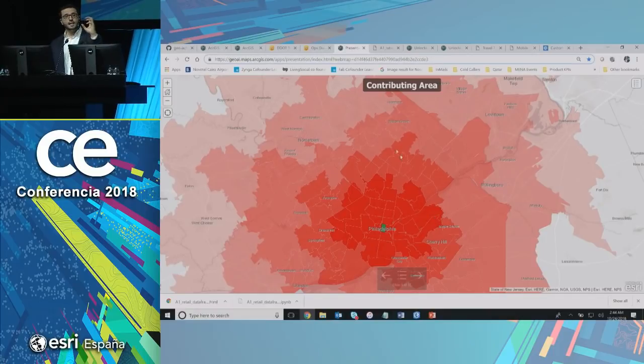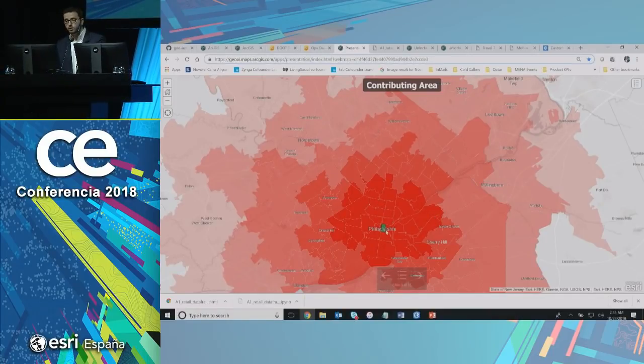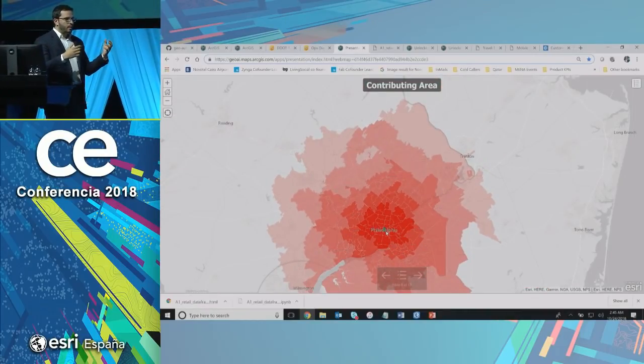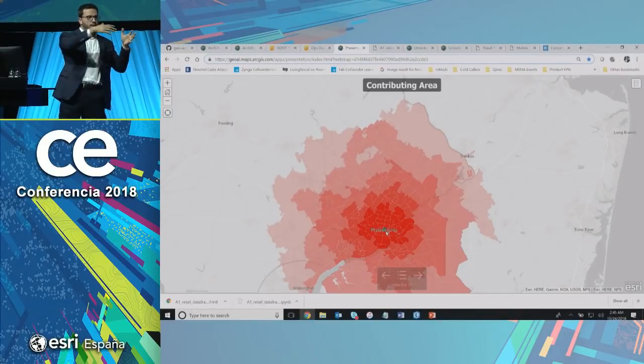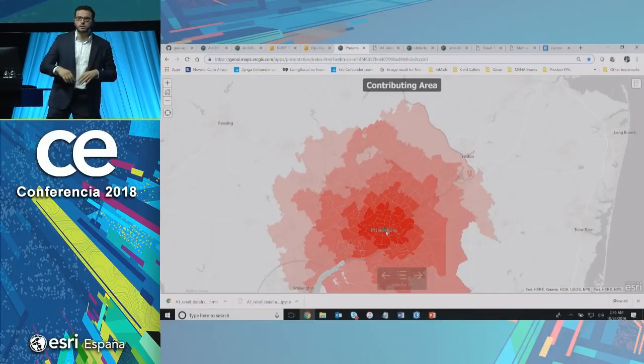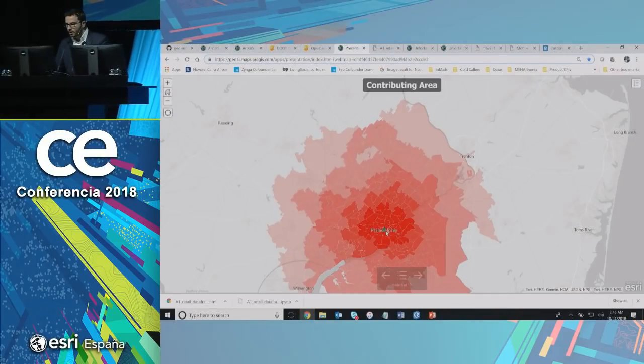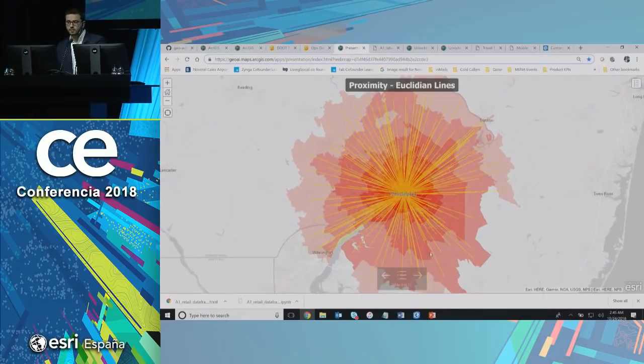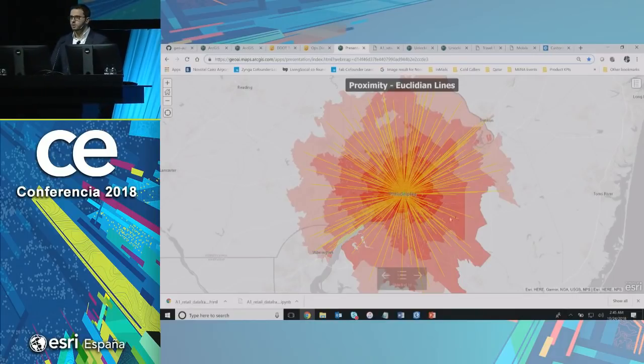Given that we have the sales, online sales, for every one of these zip codes, and we have the store location, we want to see, is there a relation between the sales at this zip code and being near or far from this store or not? So first, we started by measuring this distance using Euclidean distance, straight lines. But our model's performance wasn't that great. And you can think about it, it's logical, right? Because people don't travel in straight lines. They travel in roads, basically.